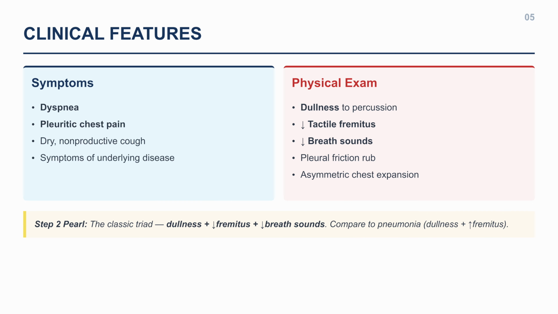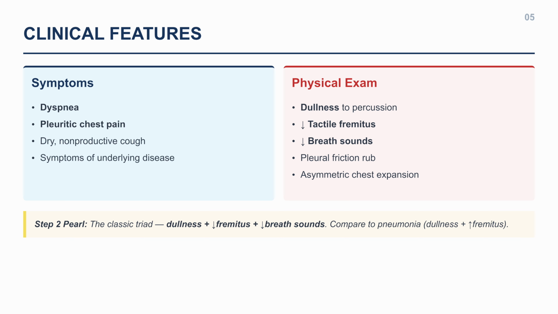Clinically, patients present with dyspnea, which is the most common symptom, pleuritic chest pain that worsens with inspiration, and a dry, non-productive cough. Symptoms of the underlying disease, such as fever from infection or weight loss from malignancy, are also often present. On physical exam, the classic triad is dullness to percussion, decreased tactile fremitus, and decreased or absent breath sounds over the effusion. A pleural friction rub may be heard, and there may be asymmetric chest expansion in large